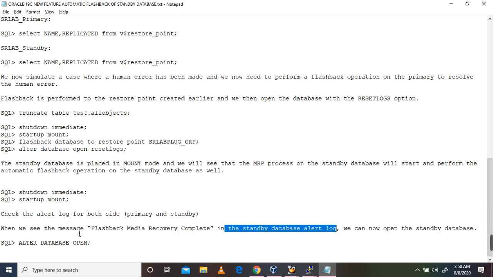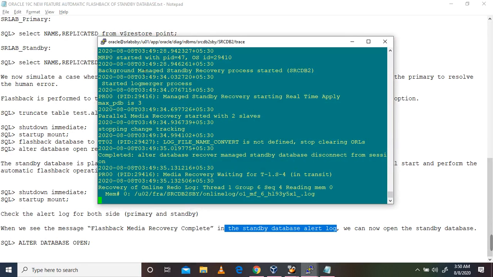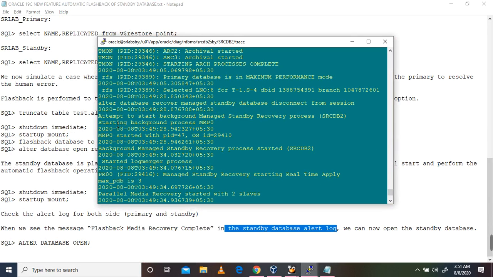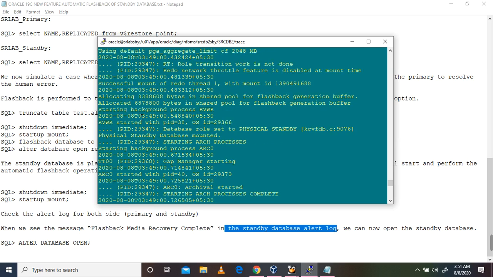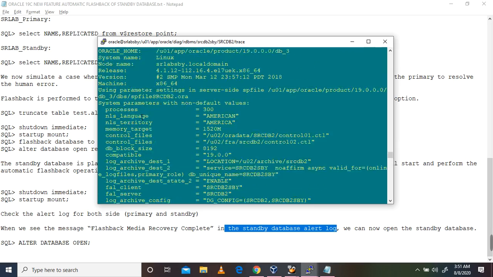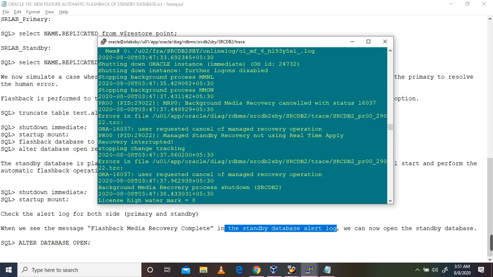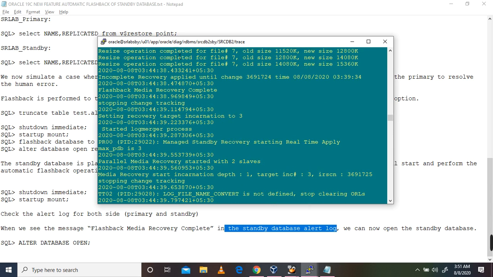We can now open the standby database with alter database open. Yeah, we can open the standby side database. In the alert log, media recovery completed is here. You can see, flashback media recovery complete.